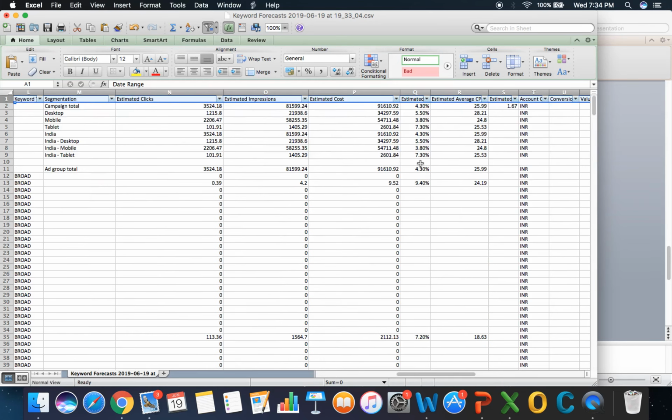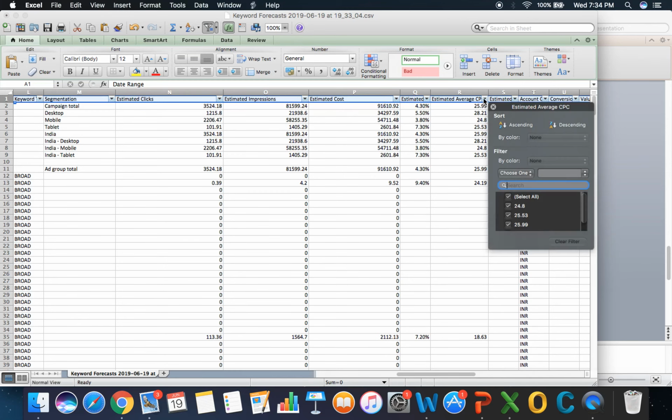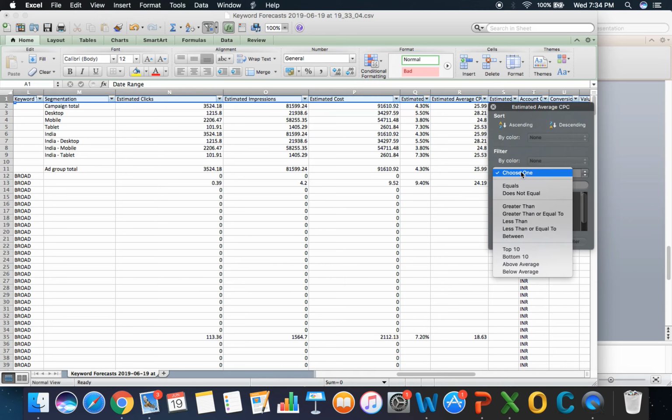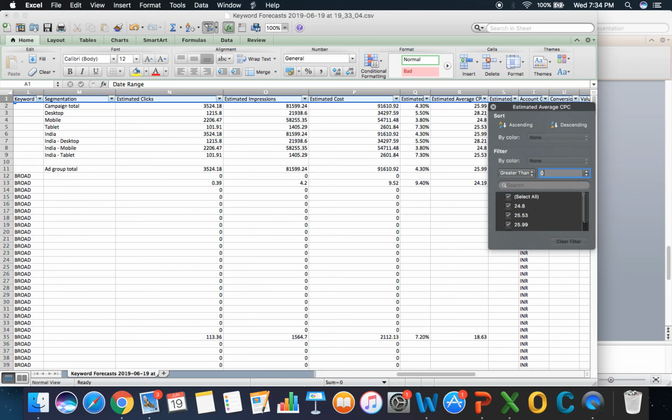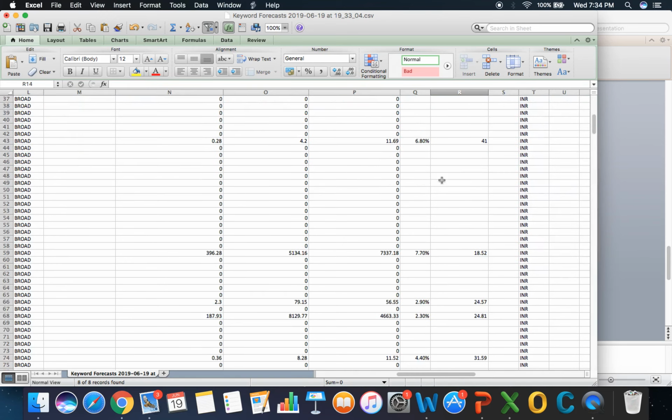So if it is a low volume keyword, most probably the estimate is not going to be there. Let's say I'm going to remove all the ones with blanks, greater than zero. This is becoming an Excel work more than something else, right?